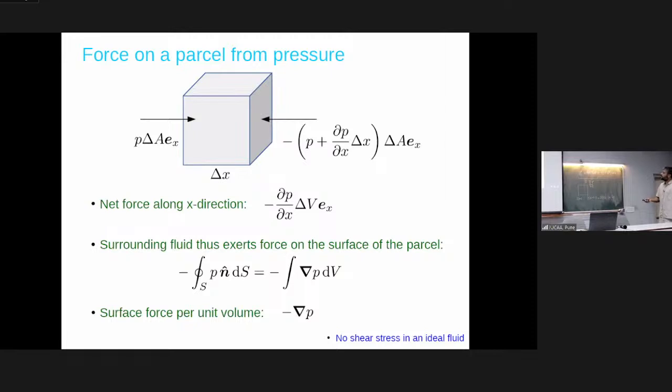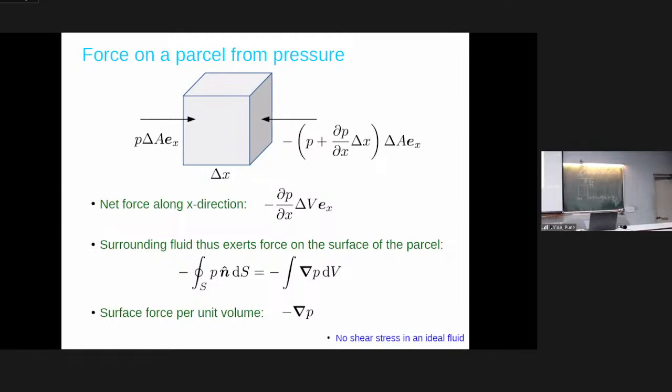Okay. You can generalize this whole unit cell idea. The surrounding fluid exerts force on the surface of the parcel, so I can take the pressure, multiply by that area element, with a negative sign. If n hat is the outward normal direction, the pressure force on a unit cell due to the surrounding fluid has to be inward, so that's why the negative sign. Okay. That's one way to think. Of course I can generalize it and write the gradient of P, again using Stokes theorem, and it becomes a volume integral. So the surface force per unit volume is minus grad P.